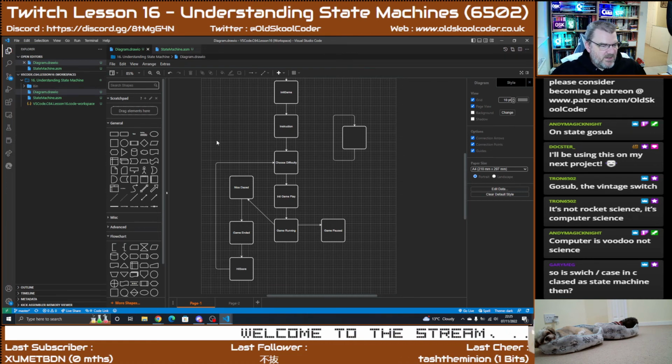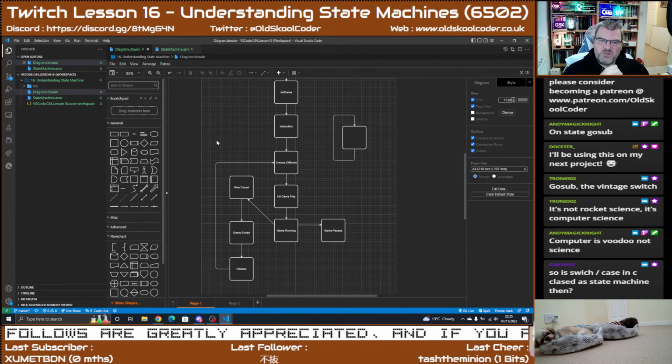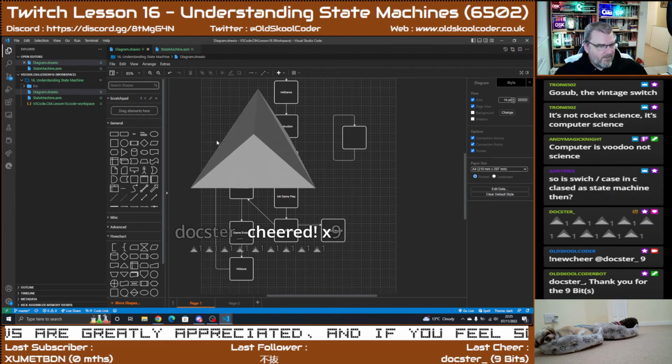So is switch case in C classed as a state machine then? If you have in the switch a lot of, if in the switch you get it to do a function, yeah, then yes. But most people use switches just